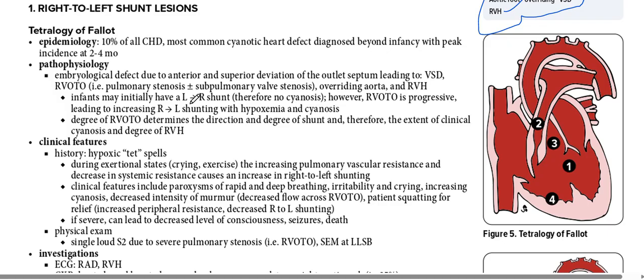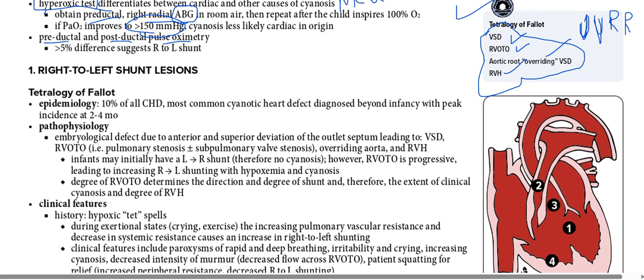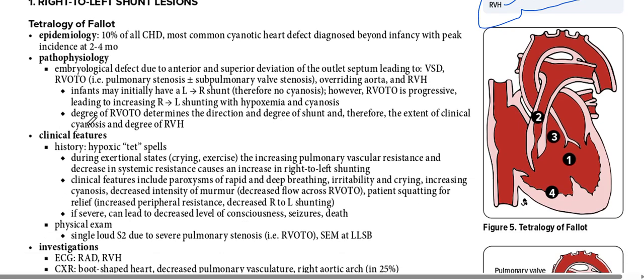All right. Now right to left shunting lesions, the first name is tetralogy of Fallot. That is basically 4 things, 2V and 2R, and that is a type of cyanotic congenital heart disease. Let's read about it. TOF is the short name for tetralogy of Fallot. It is 10% of all congenital heart disease, the most common